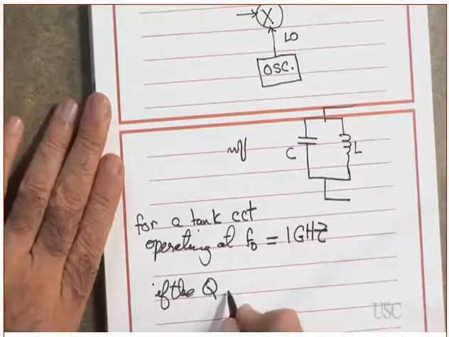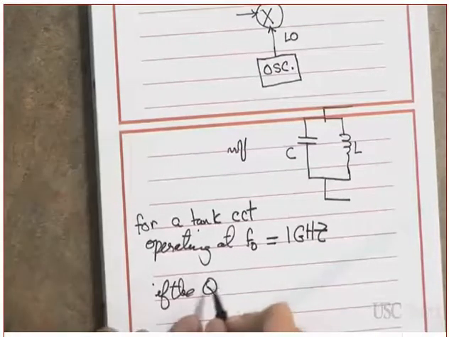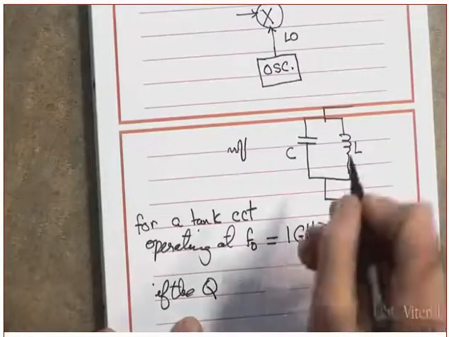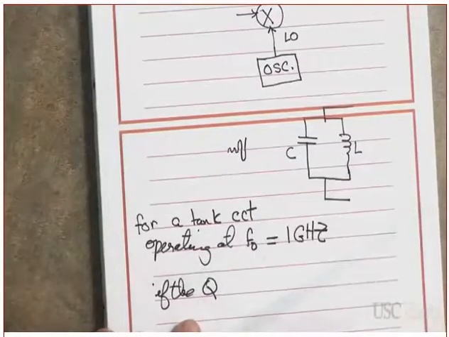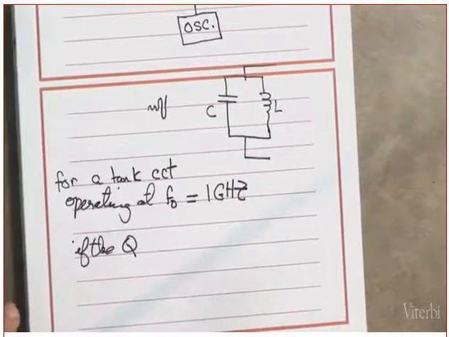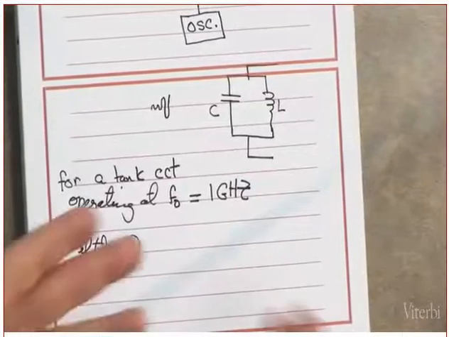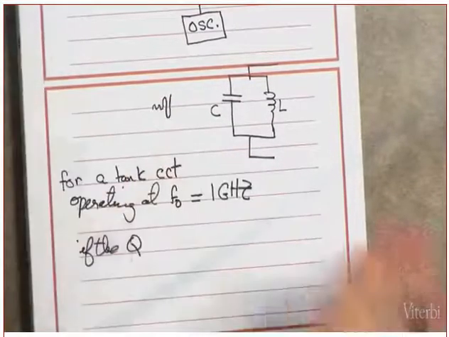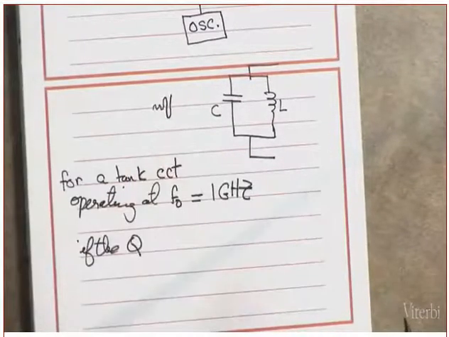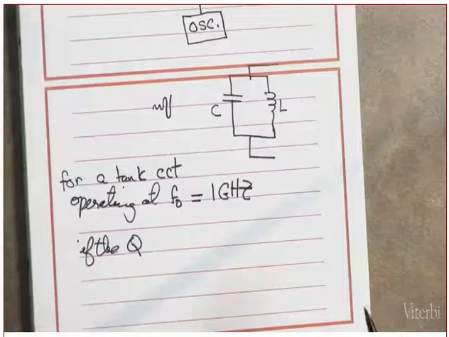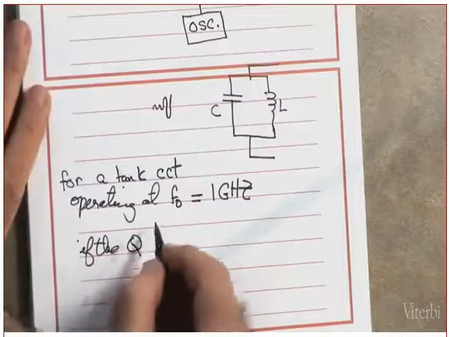Remember, if there is no R in there, what is the Q? The definition of the Q is omega naught L over R, or 1 over omega naught RC. Where is the R? If there is no R, what is the Q? Infinity. And they tell you the oscillator